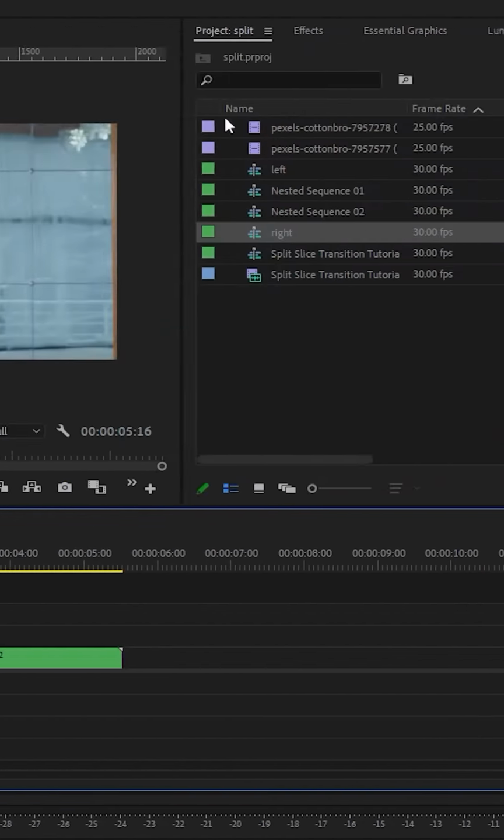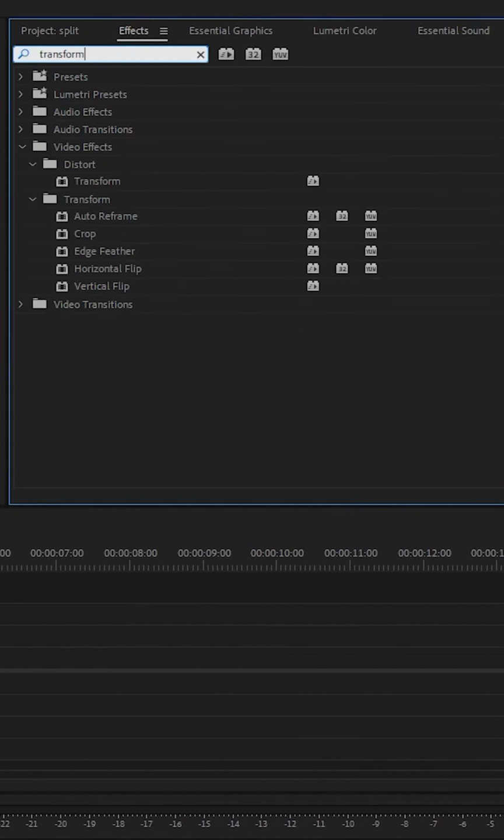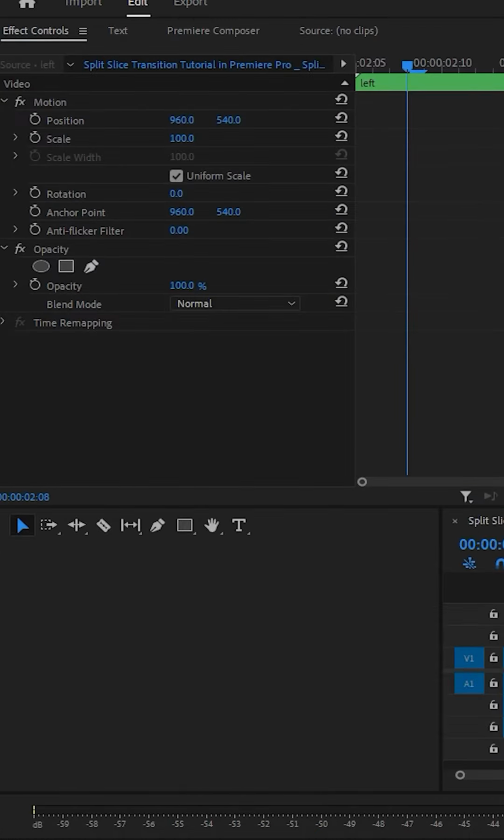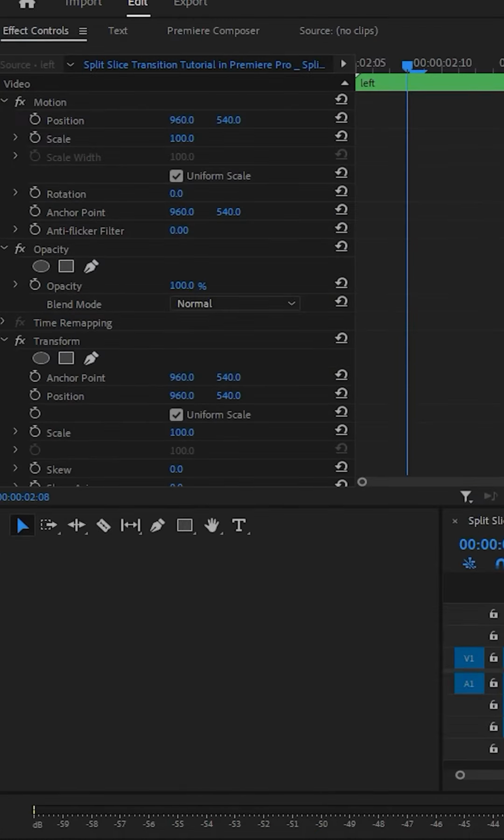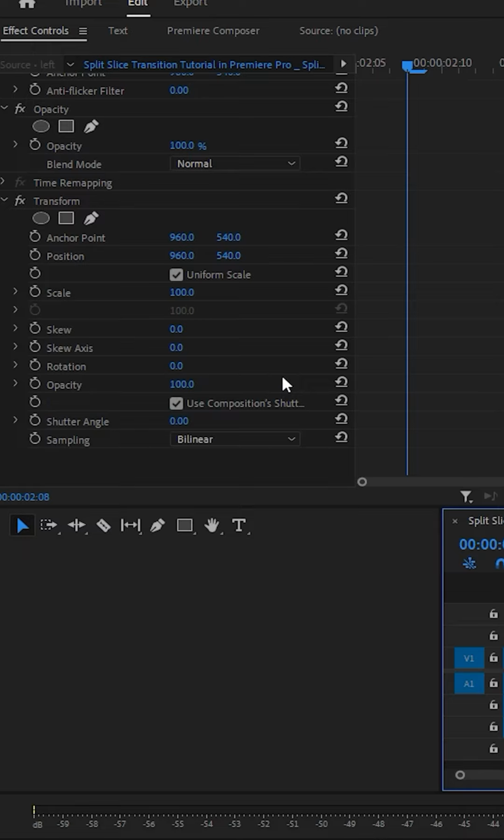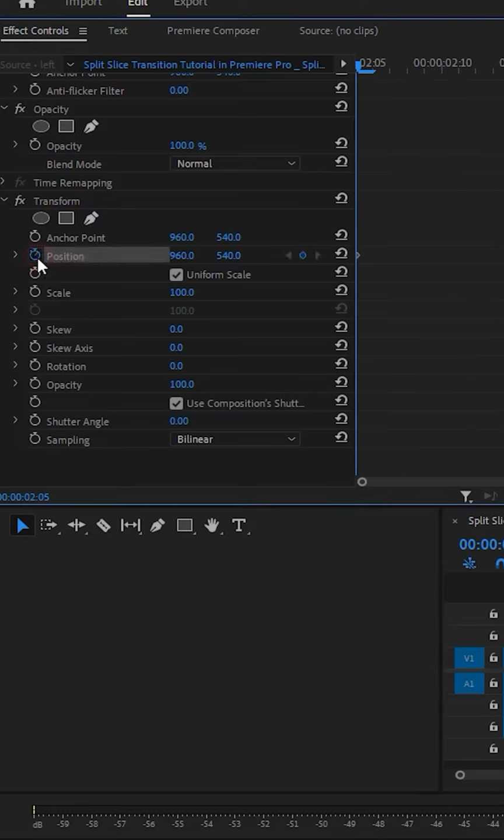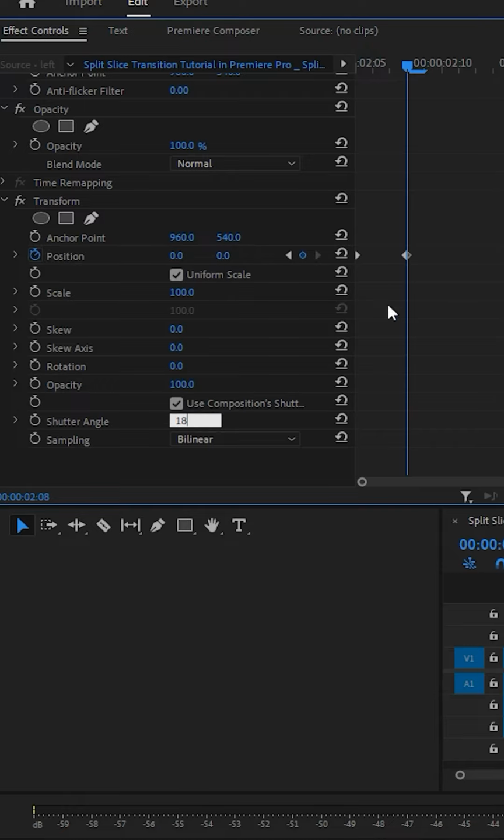We're going to open Effects and search for Transform. Now select the left layer first. In Effect Controls, let's find Transform. And then we need to create a keyframe for position at default value at the start of the layer. Then let's move a bit forward and set position values to 0, 0. And let's move this keyframe to the end of the layer and set shutter angle to 180 to add motion